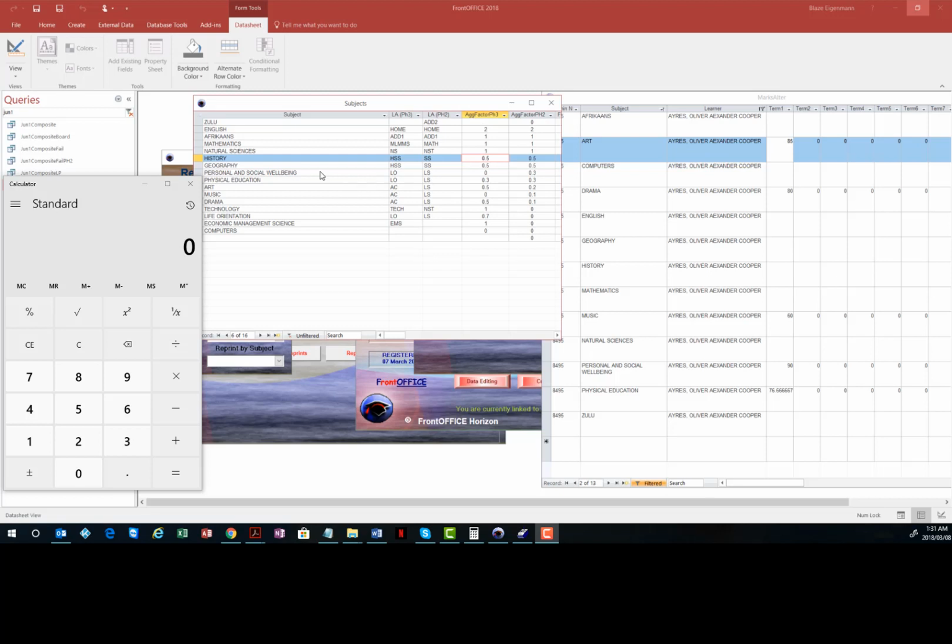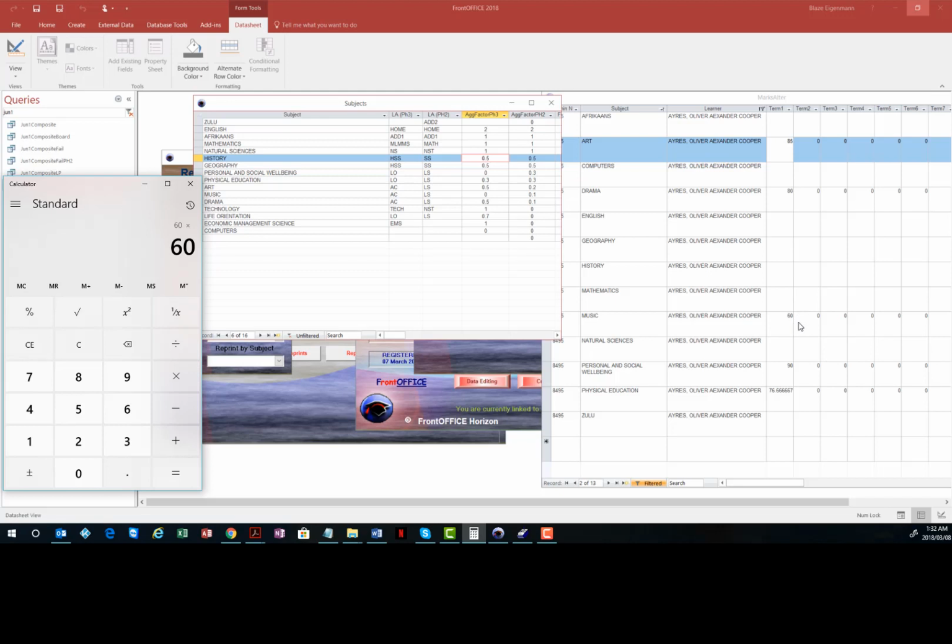So, if we take art, and we've got the breakdown of 0.2 for art, so we say 85 times 0.2 equals that, and store that in the memory. Drama is 80, and the factor is 0.1 times 0.1 equals that. Plus, okay, and 60